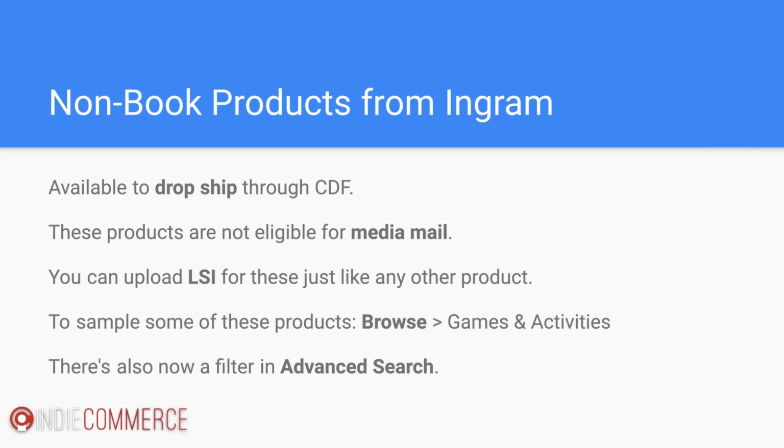We've also added a filter in the admin only section of the advanced search. And you can use that advanced search filter to filter your search results by department T or department M. So that's another way. You can even search by things like publication date or how many Ingram has in stock in order to see which products are being provided by this feature.